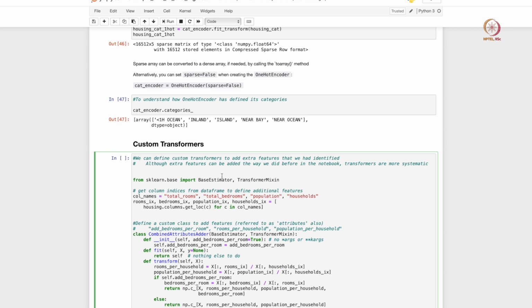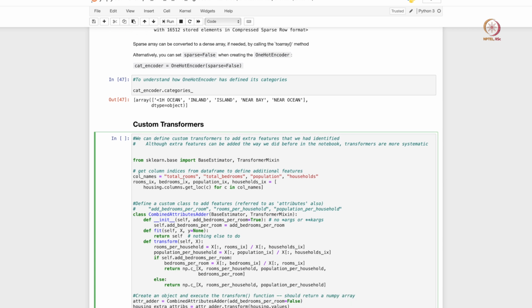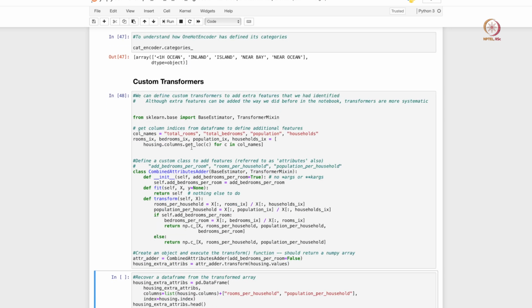Okay. So now that we have understood how to do imputing, how to add median values and how to do one hot encoding, let us now look at how to add new features with custom transformers. So we are going to define a new class here. I know for those of you who are new to Python, this may be quite a bit of content to take in, but just go with the flow for now. We are going to create a new class that defines a certain set of mathematical operations, and then create an instance of this class which allows us to systematically add in new features however we want. For creating these custom transformers, we need to import a few classes from scikit-learn.